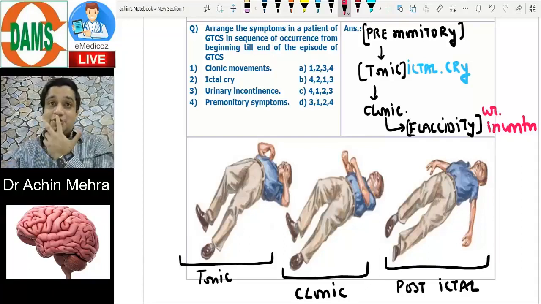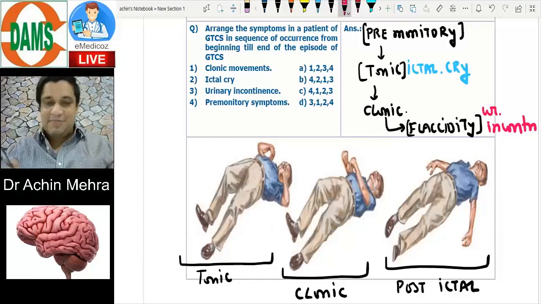I got this image from the web actually. It depicted the GTC is better than anything else actually. Maybe this case is having a second or a third episode of seizure. He might have had urinary incontinence in the previous episode, so please just neglect that part. Okay. Now the question is: from beginning till the end, in an episode of GTCS, please arrange